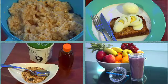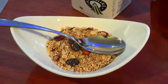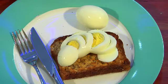Absolutely. We have 4 different types of breakfast to show you just how easy this is. The first example is 3/4 cup of muesli with 1 tablespoon of natural yogurt and a teaspoon of honey drizzled on top. Another option is 1 slice of low GI high fibre bread with a protein topping, so something like a boiled egg, which of course, don't just boil one, boil a few so that you've got enough for the day or for a few days. You can also use an alternative protein like fish, tuna or pilchards, or maybe a nut butter like peanut butter